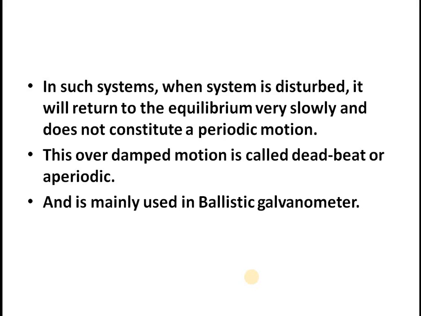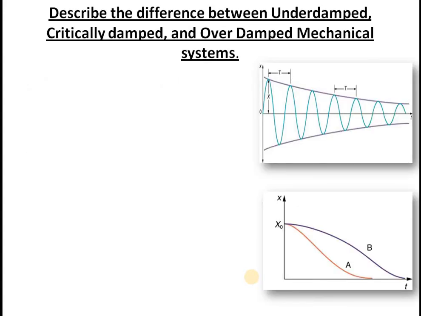And this kind of motion is used in a galvanometer. In a galvanometer, excitation leads to the turning of a needle, which is not executing oscillatory motion. It simply moves from one point and settles on a particular reading without any oscillation. That is made possible using this kind of deadbeat system. That's a good example.